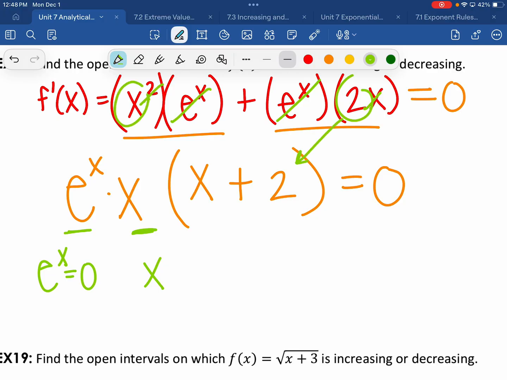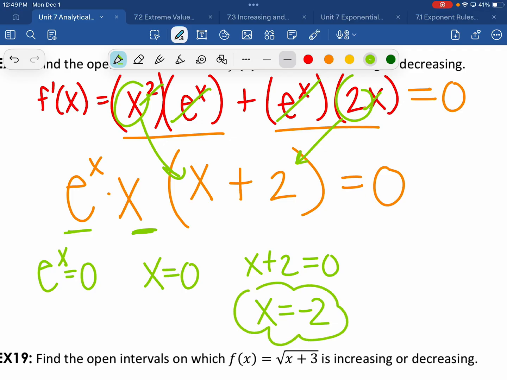Okay. Do you see it? Can you see it? Sorry. Yeah. I'll start throwing it in every once in a while. Can you see it? All right, so the x plus 2 set equal to 0, you get x equals negative